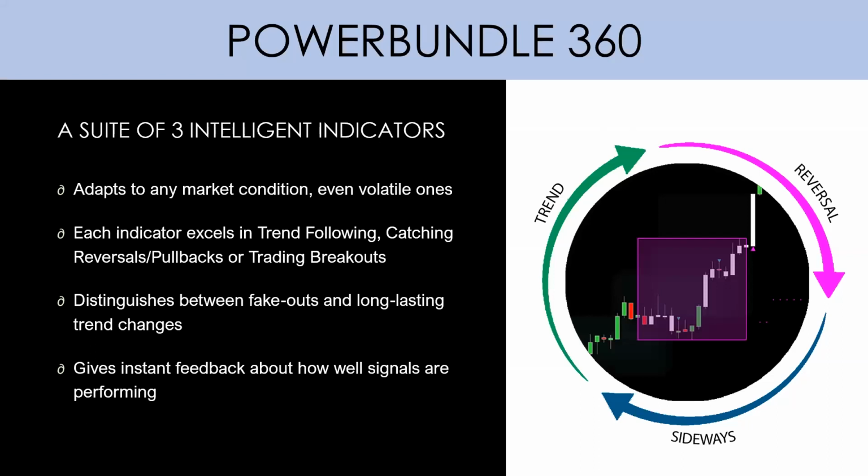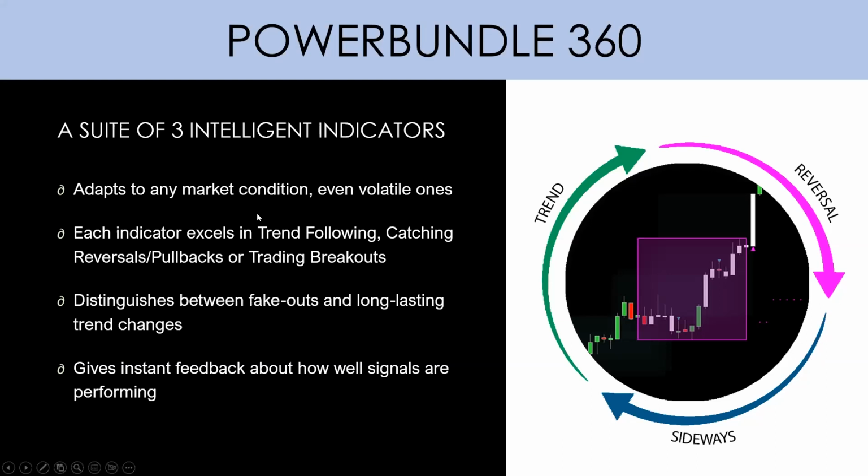It's a set of 3 intelligent indicators. Why 3? Well, because we try to cover each market condition. So we have one indicator for the trending market, one indicator for spotting reversals or pullbacks, and one indicator for spotting strong breakouts from a sideways market. By doing so, we thought, well, we cover every single aspect of the market, but perhaps also we cover every single type of trader. Some traders are more trend followers, others are more reversal traders, others trade more breakouts. So by having a comprehensive set of tools, we thought, well, we cover everything that we need to cover.